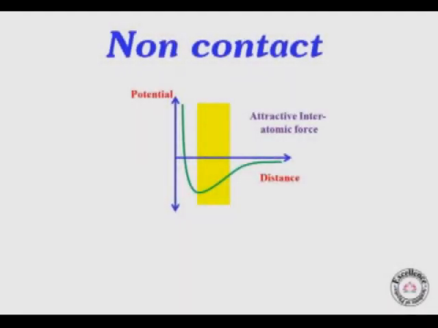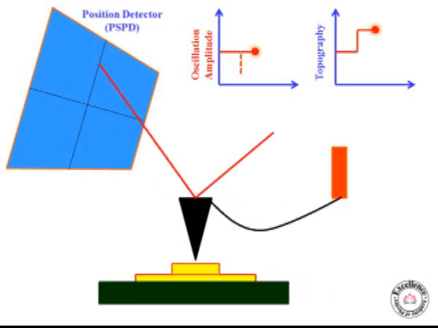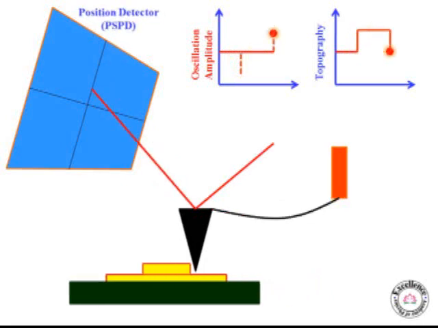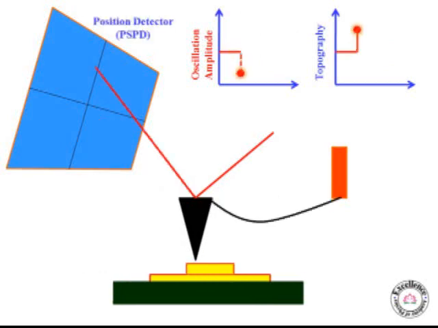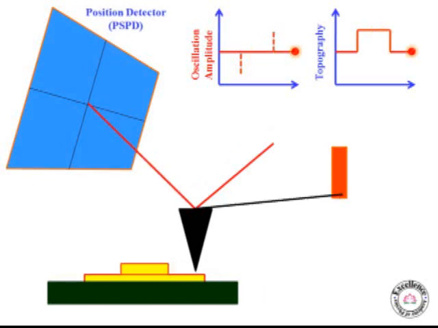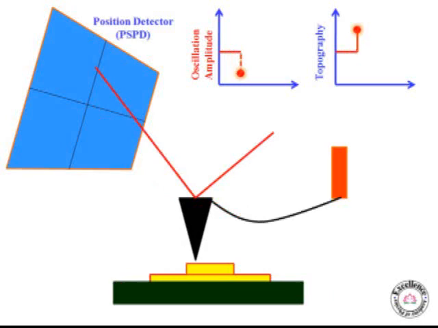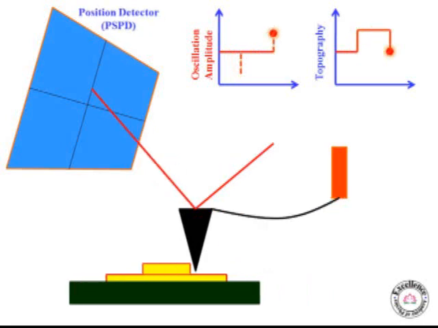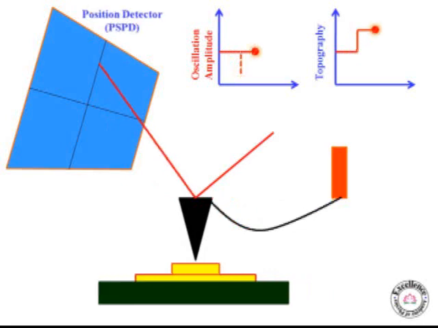In non-contact mode, the cantilever oscillates just above the surface as it scans. A precise high-speed feedback loop prevents the cantilever tip from crashing into the surface, keeping the tip sharp and leaving the surface untouched. As the tip approaches the sample surface, the oscillation amplitude of the cantilever decreases. By using the feedback loop to correct for these amplitude deviations, one can generate an image of the surface topography.